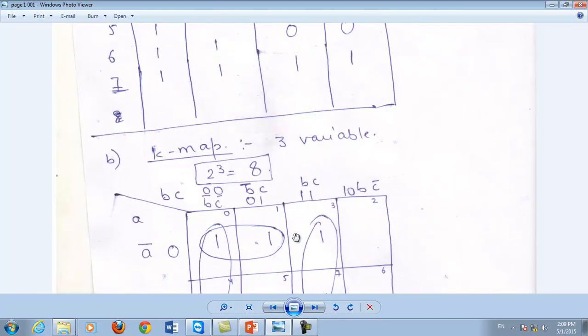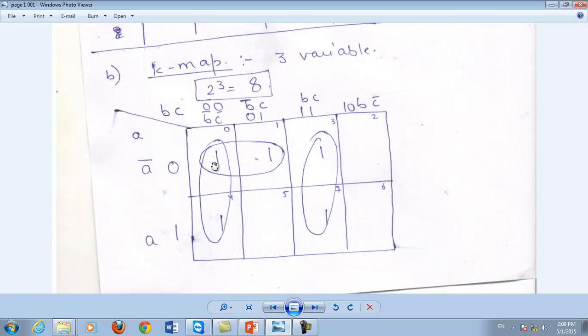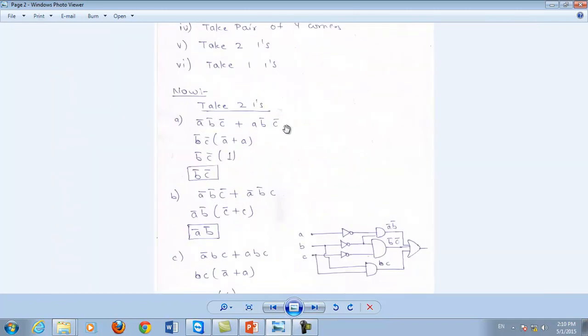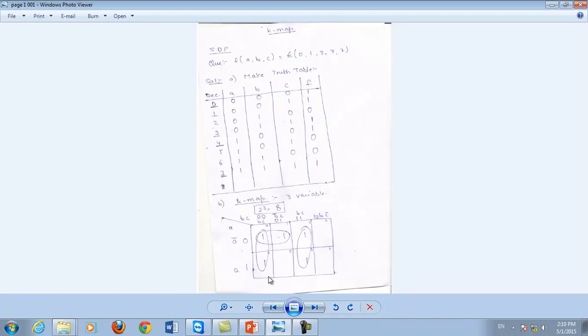Now, in this example, you can see you can take the pair of 2 ones, that is this one, which we enclosed in a particular circle, then these ones which we enclosed in a particular circle, and these ones. This one is separated, so we take this one with this particular one, that is the first one. Now we have to write down this pair, that is for this value, row name and column name, that is A bar, B bar, C bar is the name of this cell, plus A bar, B bar, C is the name of this cell. It means the first pair is A bar, B bar, C bar plus A, B bar, C bar. It is the name of this first pair.